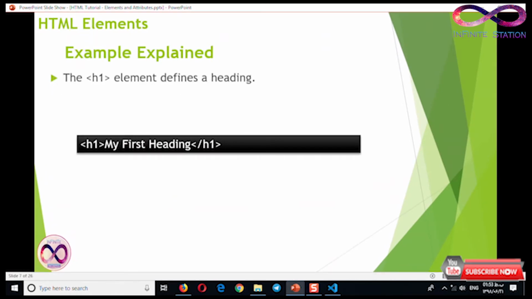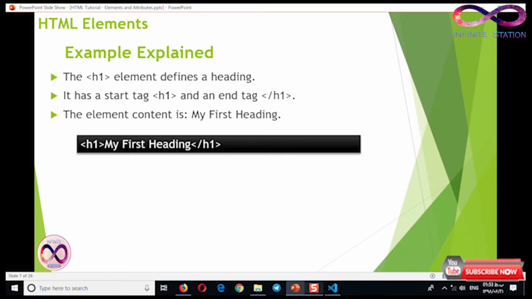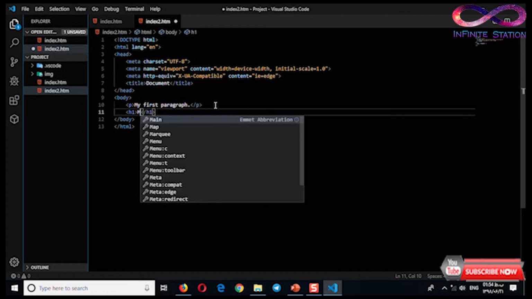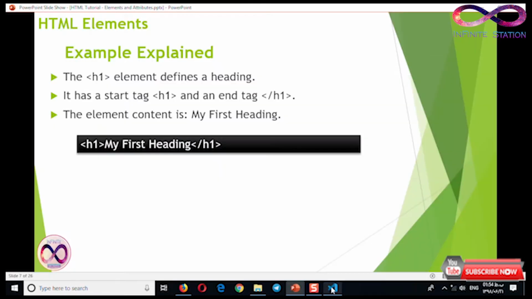The h1 element defines a heading. It has a start tag <h1> and an end tag </h1>. The element content is my first heading. Let's check it. h1. Okay, my first heading. Okay, refresh the page. My first heading. Alright,